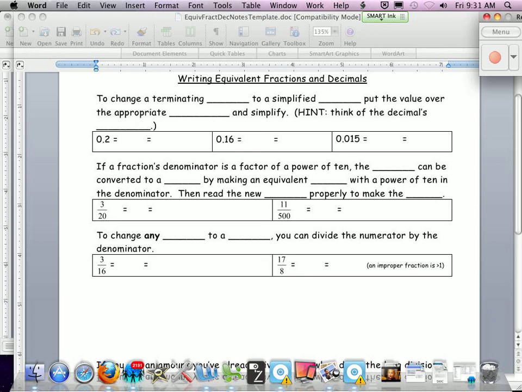So on your table of contents, you should have writing equivalent fractions and decimals or something of that sort. First, we'll start with just changing a terminating decimal. To change a terminating decimal to a simplified fraction, because we always want to give simplified fraction answers,